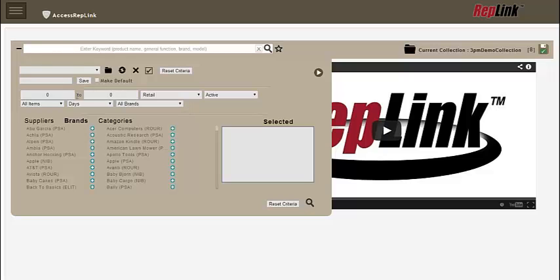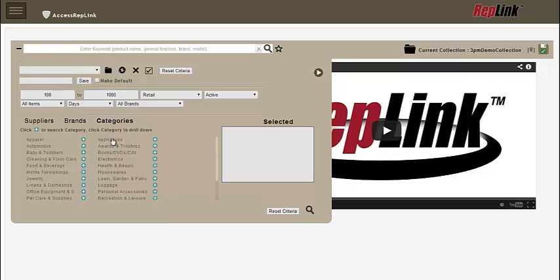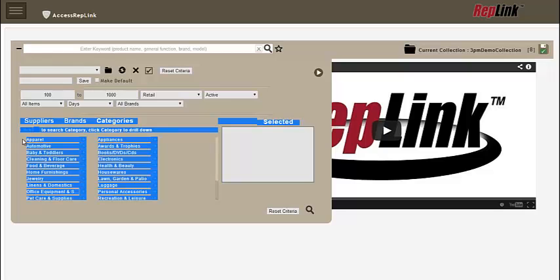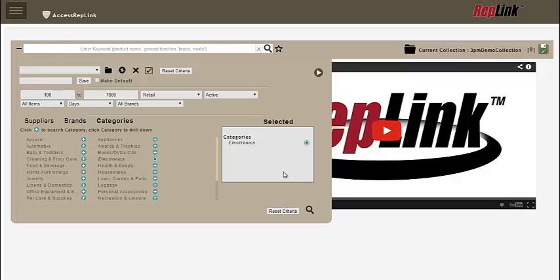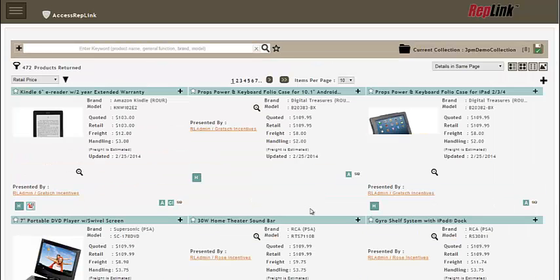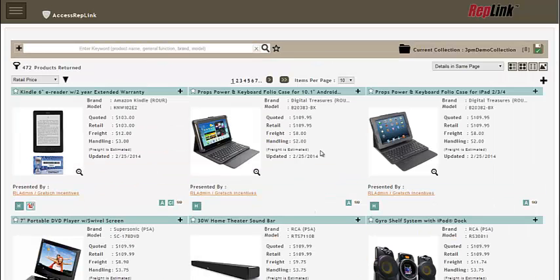The question for your search is the criteria, the group of criteria settings that you want to use when doing searches. So maybe on a regular basis you're searching between $100 and $1,000, and you're searching in categories, let's say electronics. So you always want to search electronics between $100 and $1,000 on a regular basis. When I click on search, it returns my results. And if I add these items to a collection, I start creating my